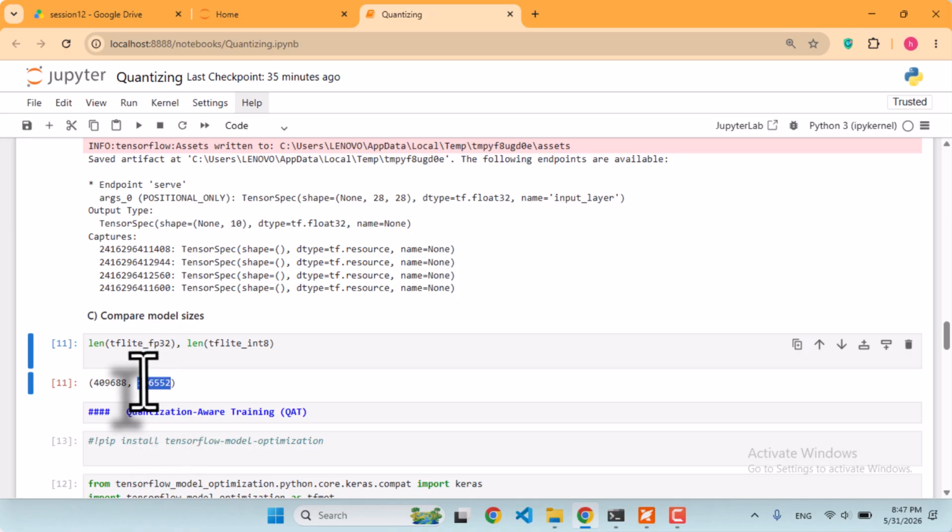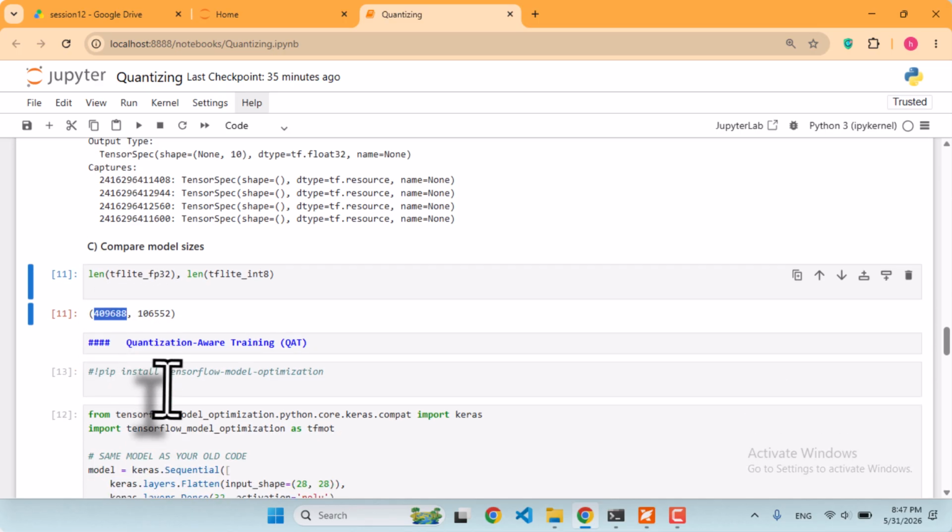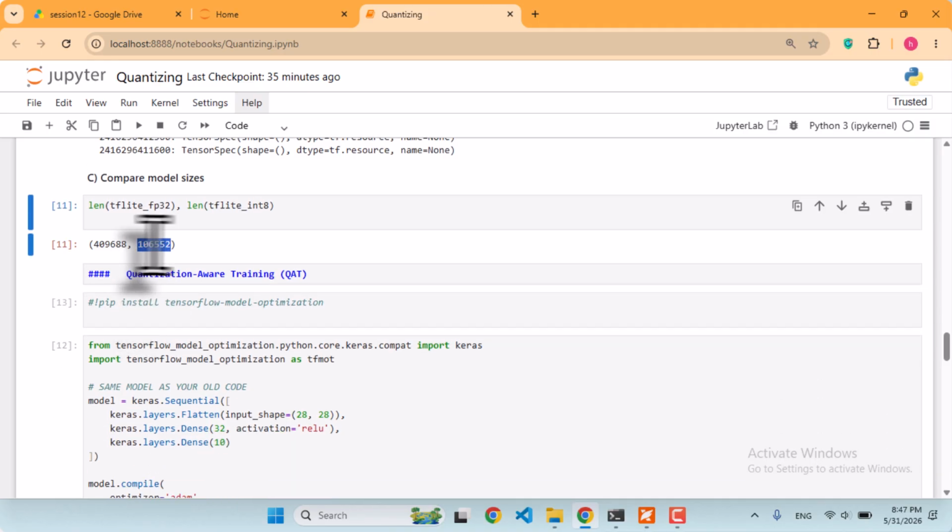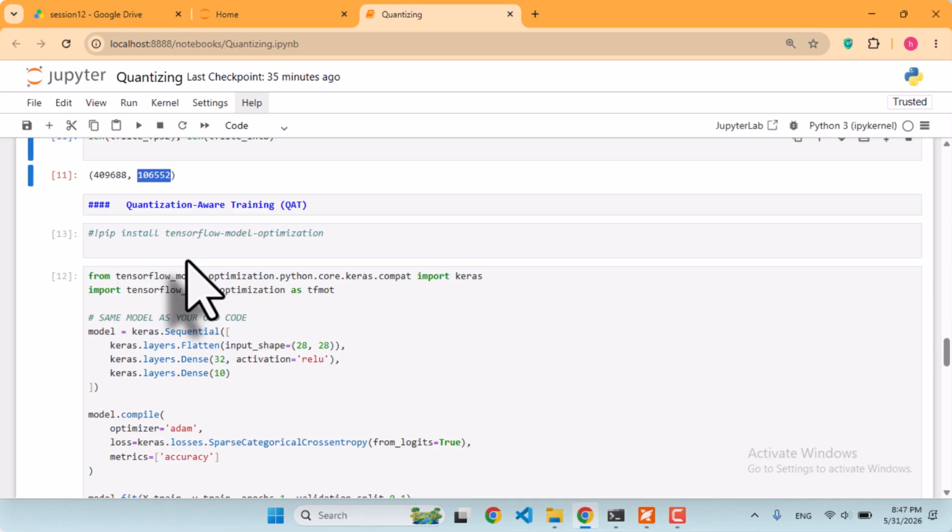This is really much less than the other one. But the problem is here we lost the accuracy somehow, and that's not good at all. So this is the reason we're gonna use